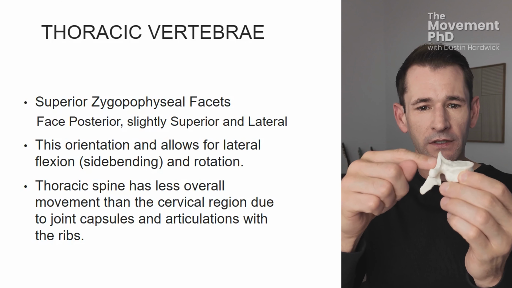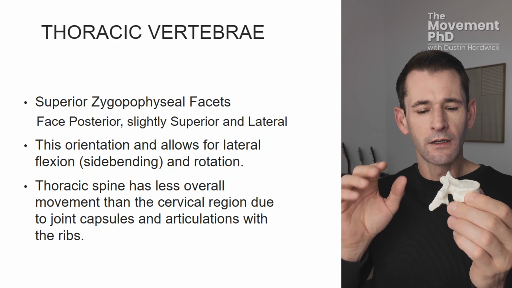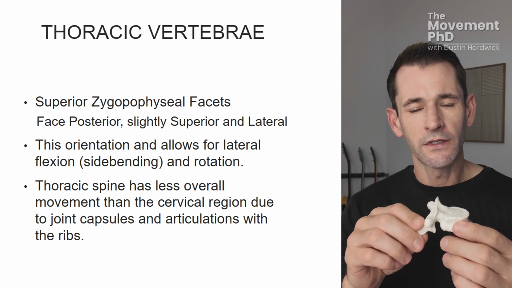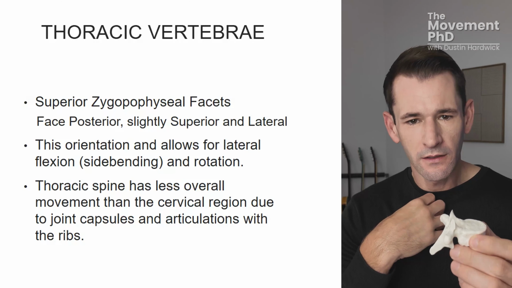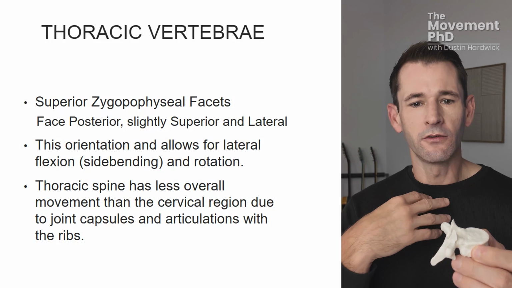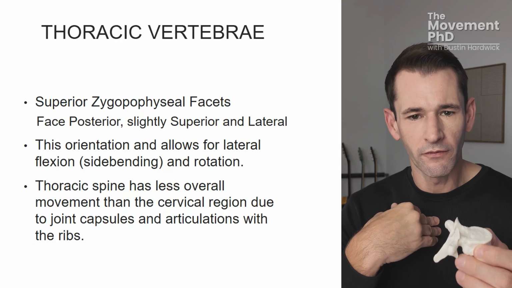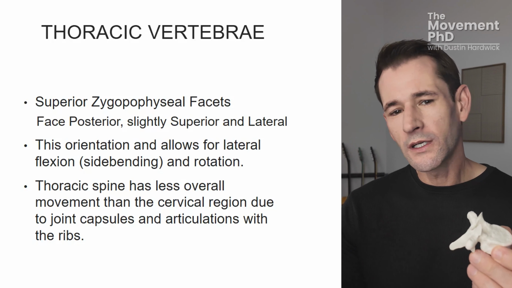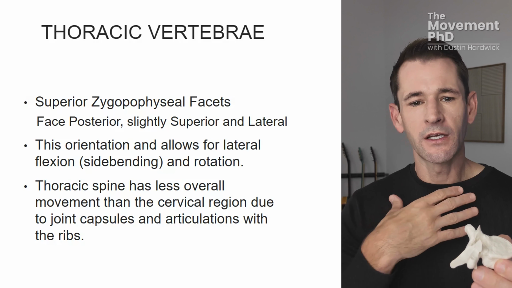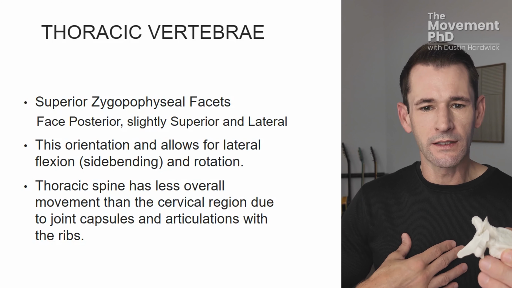The articular facets, they're in the frontal plane. So a frontal plane articular facet is going to prevent a lot of sagittal plane motion. So not only extension, but it's also going to prevent flexion. And we want to prevent flexion in that thoracic spine because we have all of these organs inside our thoracic